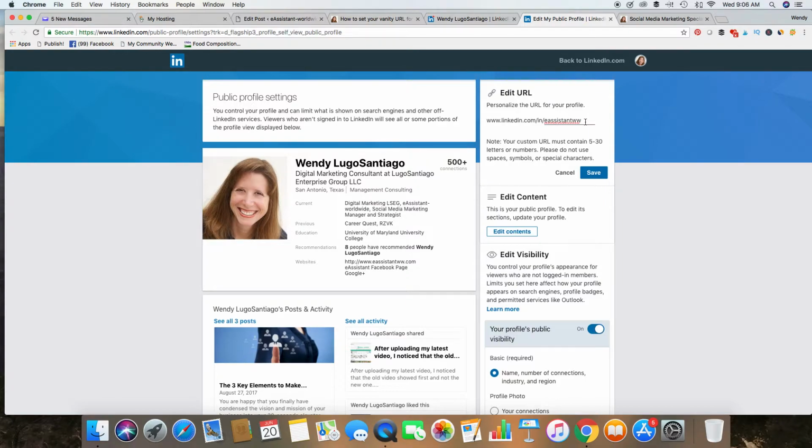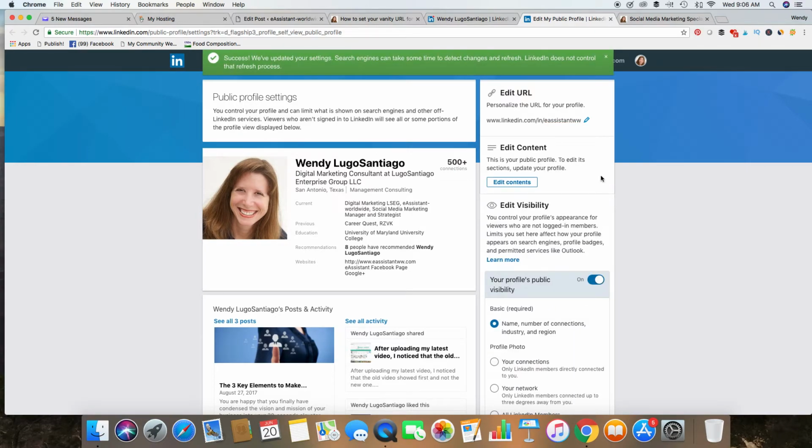Remember, your custom URL must contain 5 to 30 letters or numbers. Don't use spaces, symbols, or special characters. Once you put it in, you click Save. If it is already taken, LinkedIn will let you know that it's taken, and if it's not taken, you will just simply get that message that you just saw up there that it was a success and now you have